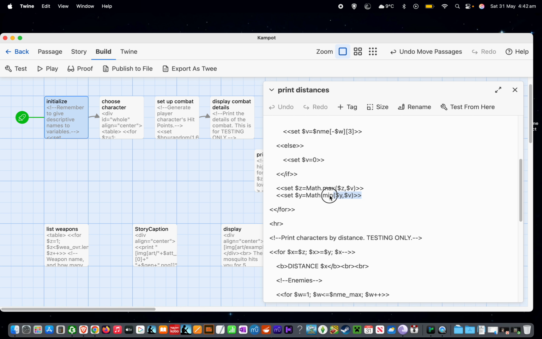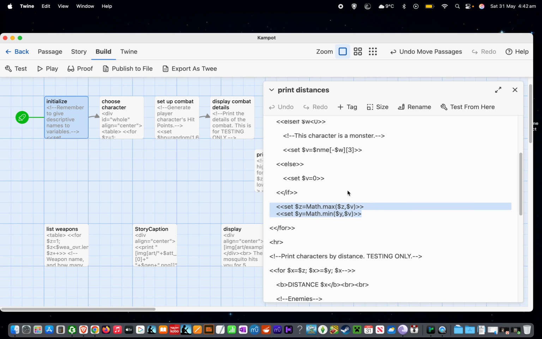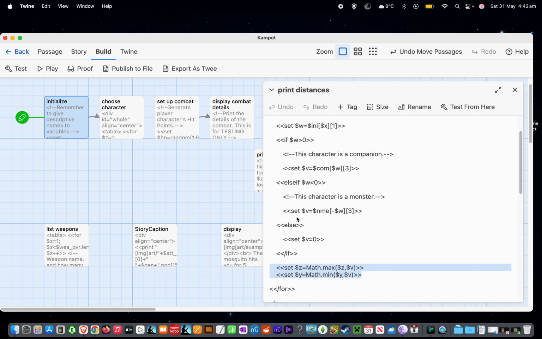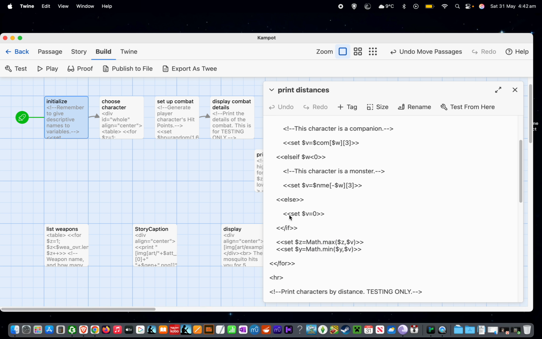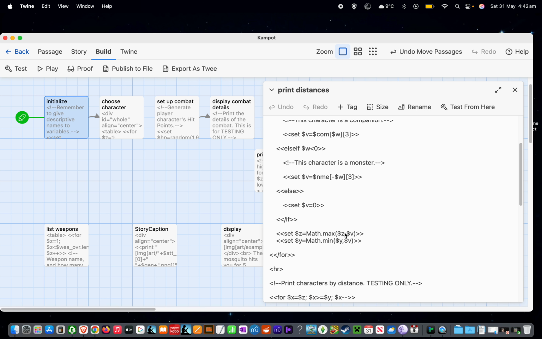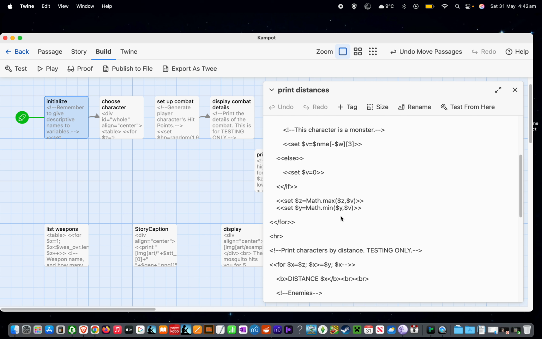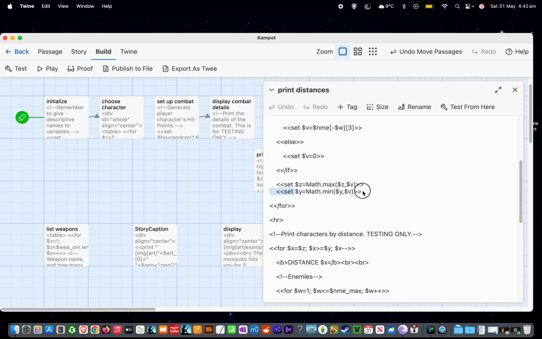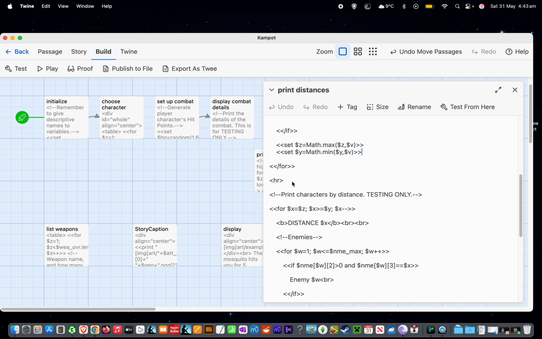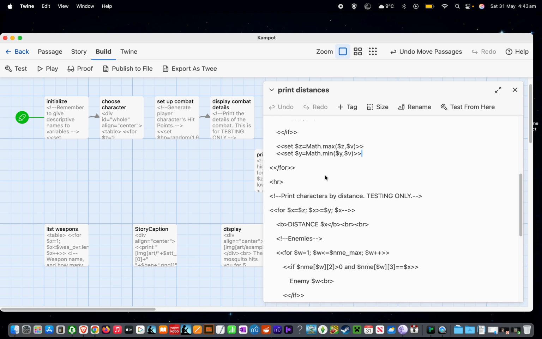Now, of course, we could move these into there and there so they don't execute if it's the player character to avoid that, but then we've got more code. So it just seemed easier to do it this way. We'll just set v equals 0, and we'll do this even though it's, in the case of the player character, a bit redundant. All right, so that's setting up the distance, and so now we've got z and y,